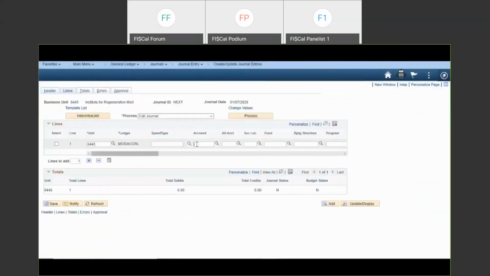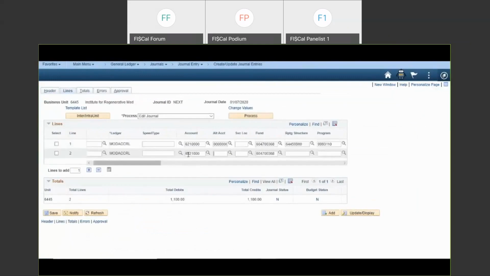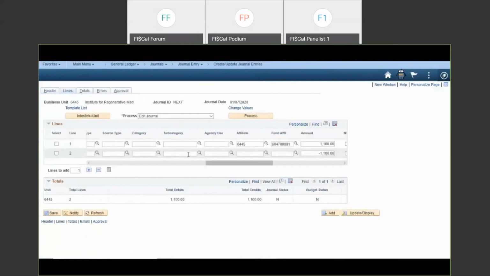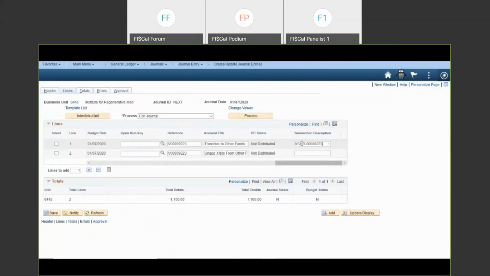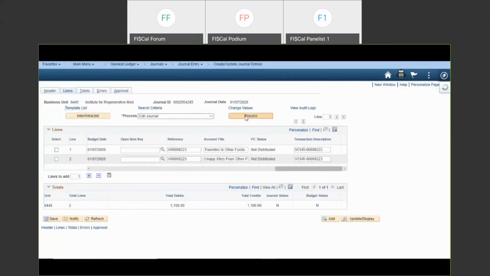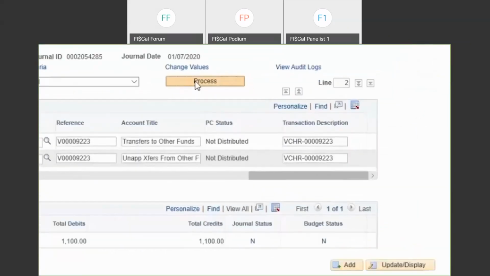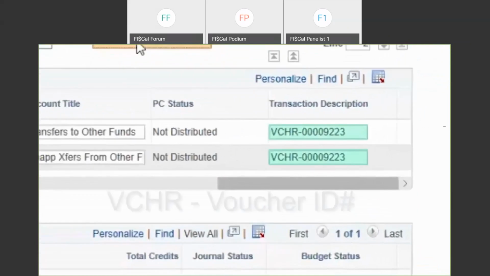Click the Lines tab. In the Lines tab, enter the appropriate chart field values for each journal line. Remember, do not enter the pending cash account, as due to and due from accounts will automatically populate. For bond cash transfers, in each line you must enter the related AP voucher using the specific format of capital